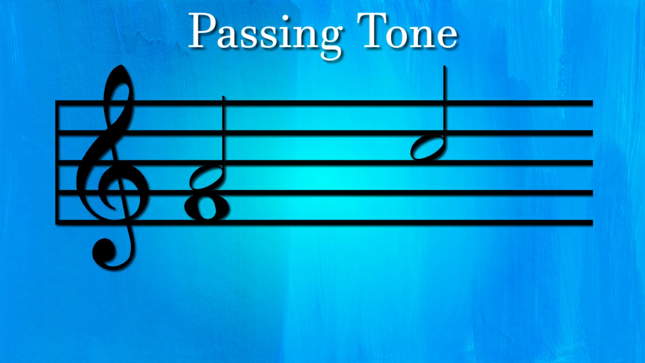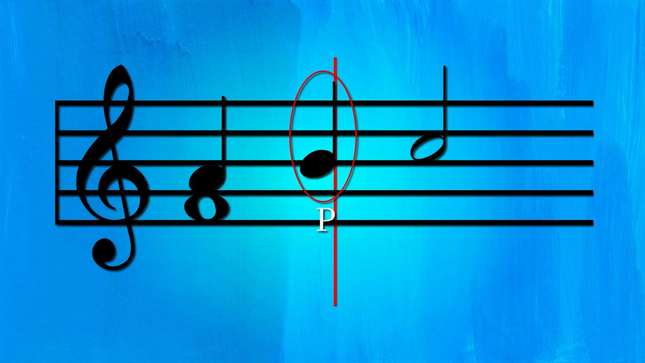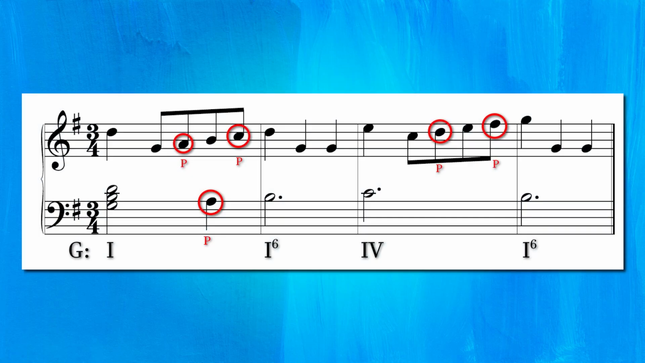The first type of embellishing tone we will cover is the passing tone. Passing tones, as the name suggests, smoothly connect two chord tones by stepping through a non-chord tone. They provide a sense of continuity and fluidity to the melody, bridging the gap between chord tones. Composers often employ passing tones to propel the melodic line forward, creating a sense of motion and direction within the